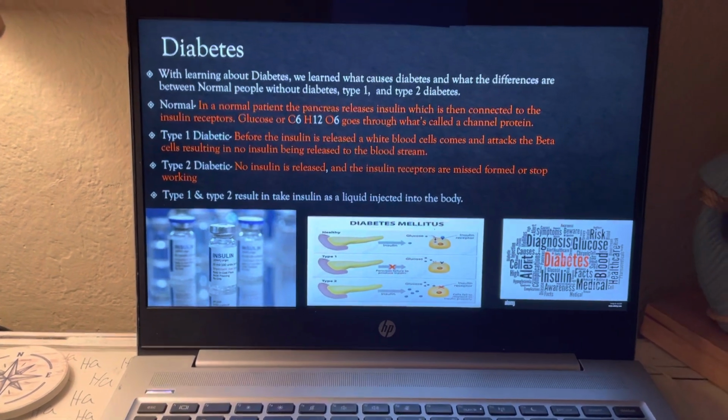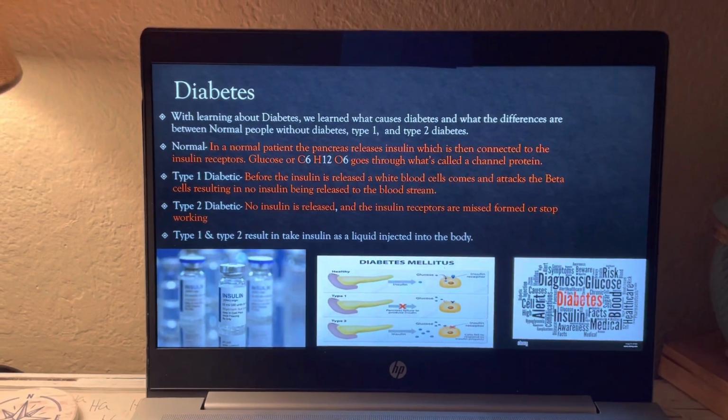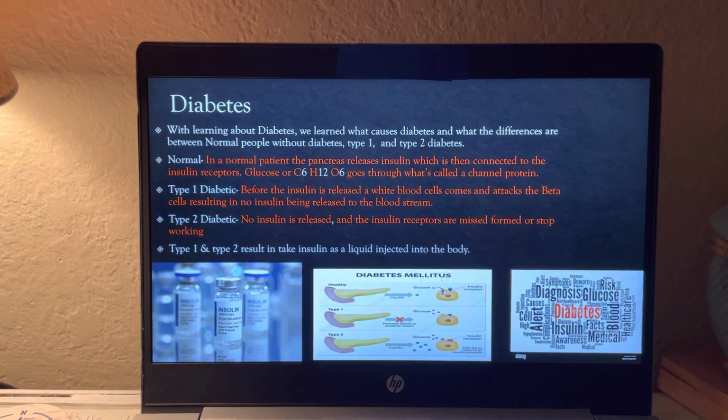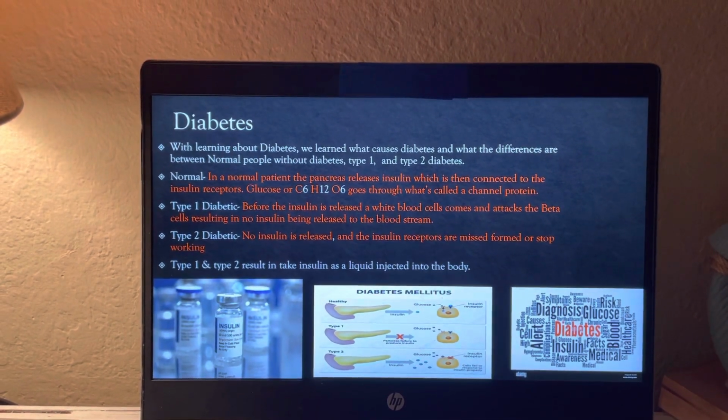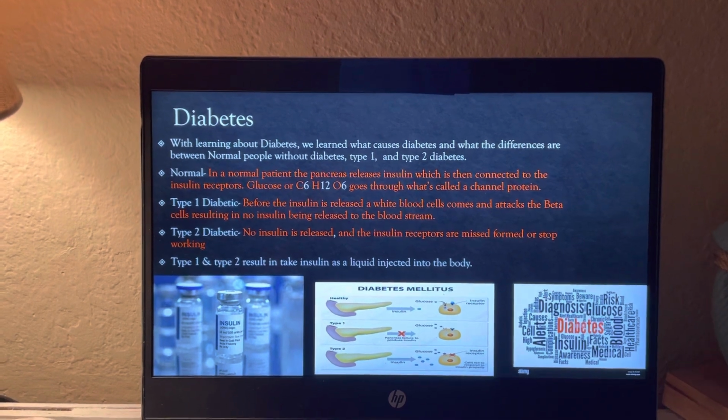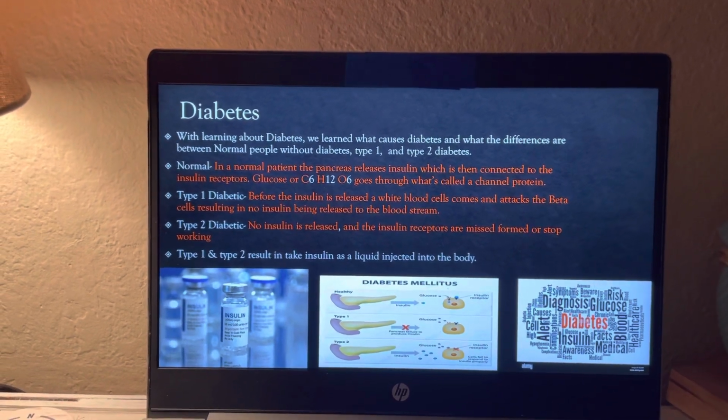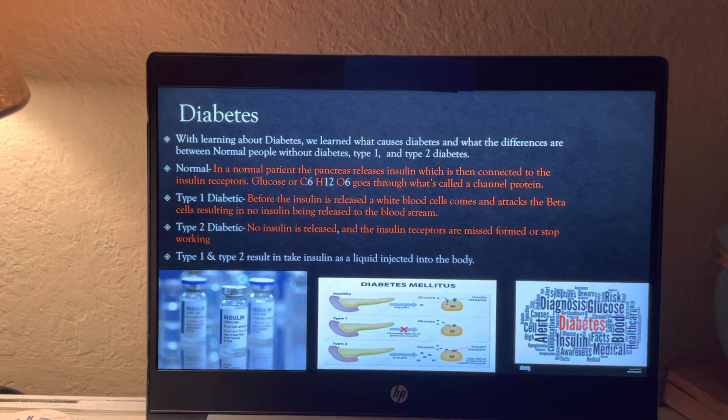In normal patients, the pancreas releases insulin, which is then connected to the insulin receptors. Glucose, or C6H12O6, goes through what's called a channel protein. Type 1 diabetic,